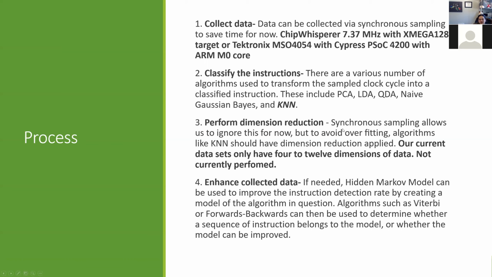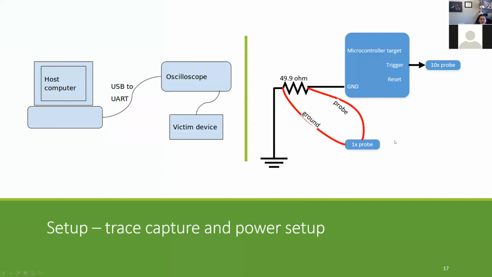And then you do dimension reduction. We talked about dimension reduction last time. Dimension reduction was the idea that if you have too many dimensions of data, maybe some dimensions are worth more than others. Or maybe having more dimensions of data will help you classify information, right? We talked about this with the orange example: the diameter of the orange, the color of the orange, the texture of the orange. What else? The weight of the orange, right? These are all different features of an orange, or essentially dimensions. In this case, dimensions with respect to this instruction set,